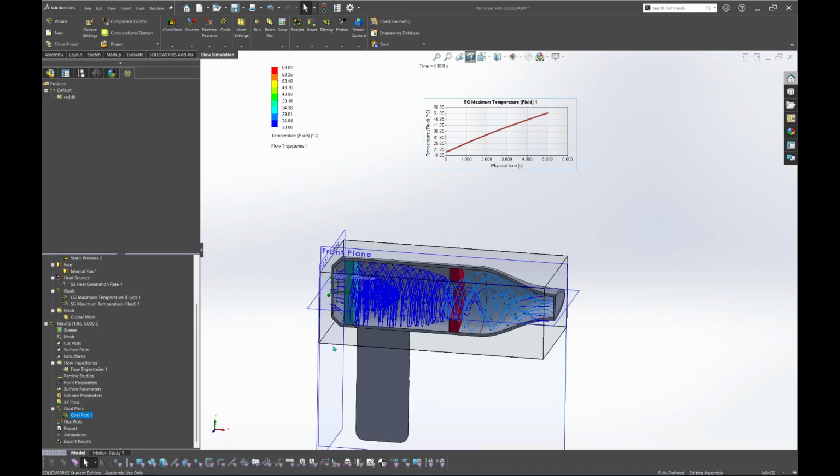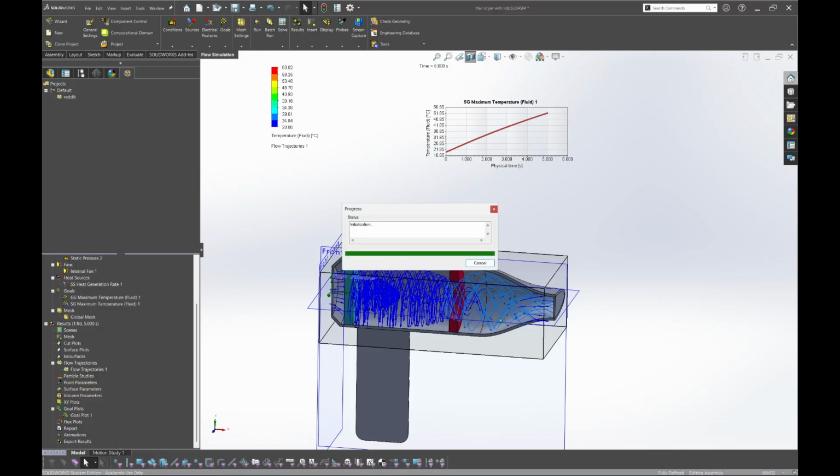And last, for the transient simulation, you can right click on the result and click your transient explorer. Okay, it's loading.